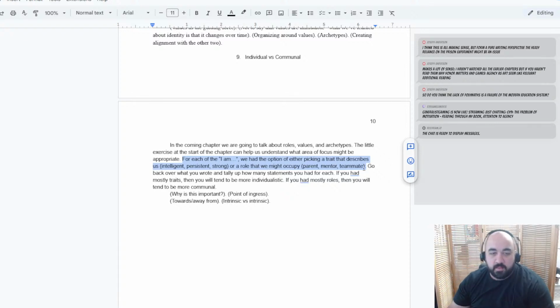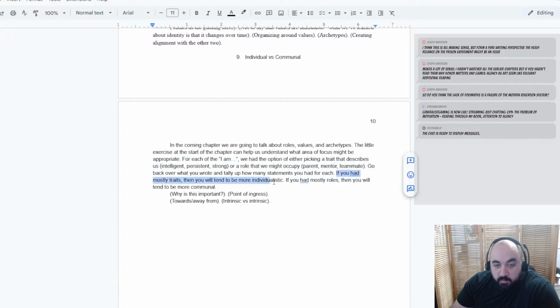We'll close that for now. Go back over what you wrote and tally up how many statements you made for each. If you had mostly traits, then you will tend to be more individualistic. If you had mostly roles, you'll tend to be more communal. Why is this important? This is the point of ingress and probably what you should focus on. If you are more individualistically focused, I think we're going to make the argument that you should focus on values. And if you are more communally oriented, you're probably going to want to focus more on roles. And